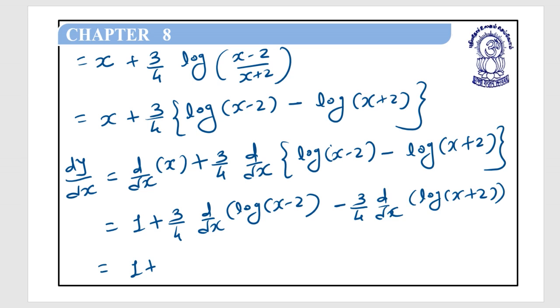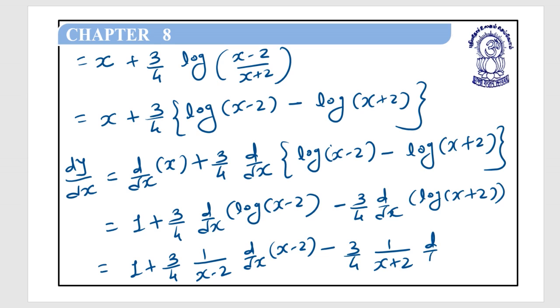So 1 plus 3 by 4, d log x, so 1 upon x minus 2 d by dx of x minus 2, minus 3 by 4 1 upon x plus 2 d by dx of x plus 2